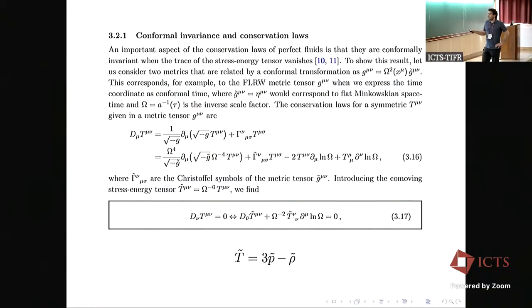Therefore, if the trace of the stress energy tensor is 0, which the trace for a perfect fluid is 3 times the pressure minus the energy density, which for the case of a radiation-dominated fluid becomes 0, that allows you to then apply the equations that you would get in Minkowski spacetime to the ones in an expanding background. And I wanted to mention this because, for example, even for